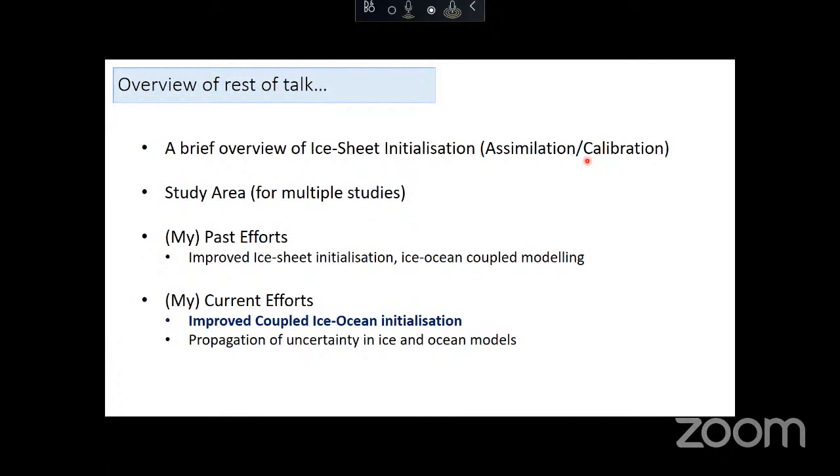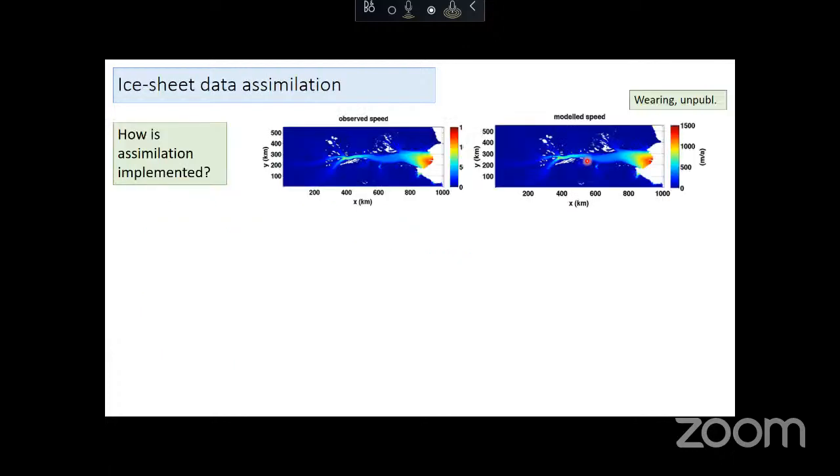sectors. I'll talk about what I've done in the past to try to improve ice sheet initialization and coupled modeling, and what I'm trying to do now to improve the initialization of these coupled ice ocean models and uncertainties within. So apologies, because this is going to get a bit mathy, but I won't stay on it for too long. How do we